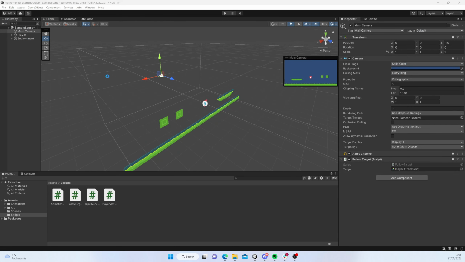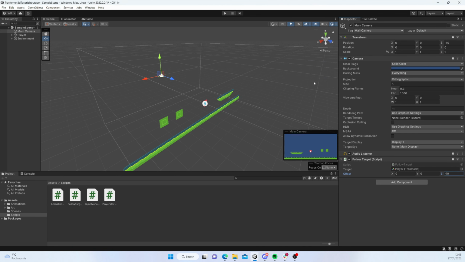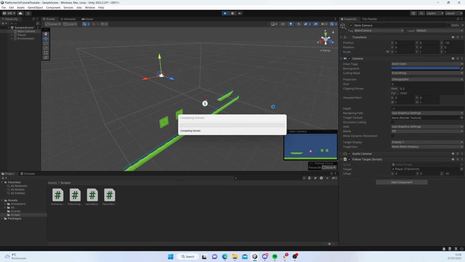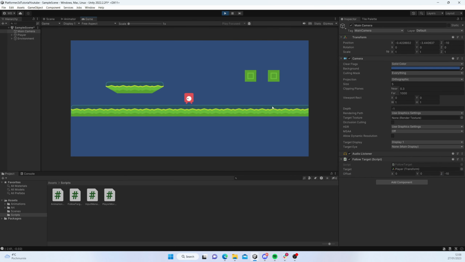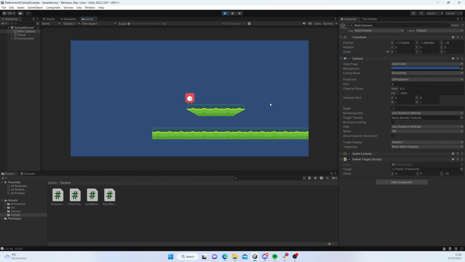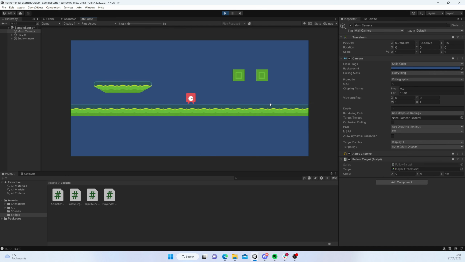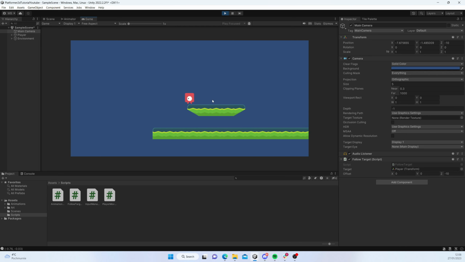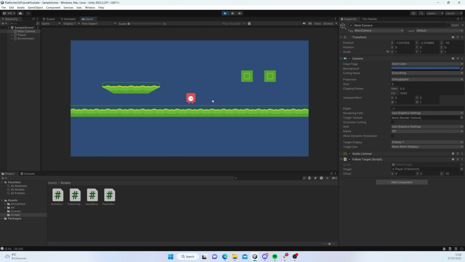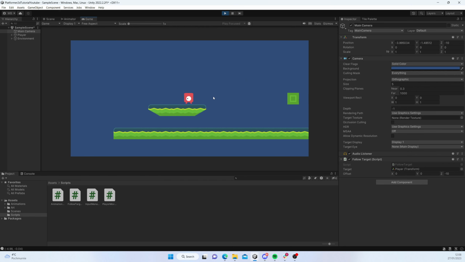Okay, and go back to Unity. And right now I can apply the offset, and as you can tell, the offset should be -10 in the z-axis. And if I hit play, right now I can see that my camera is following my player precisely. The problem is this feels a little bit rough and immediate, so maybe we'd like to smooth it off a little bit,